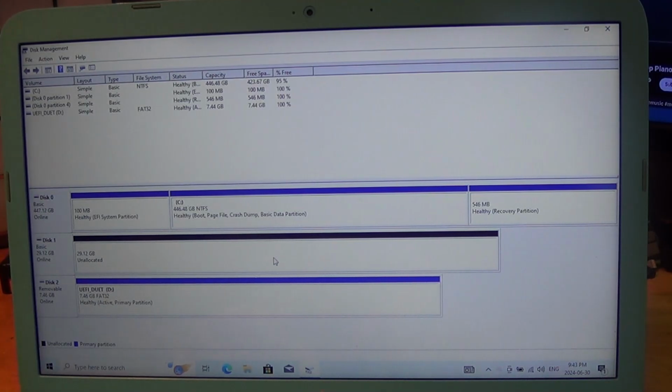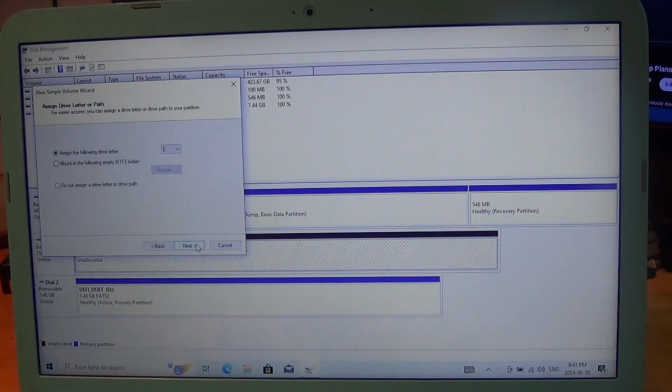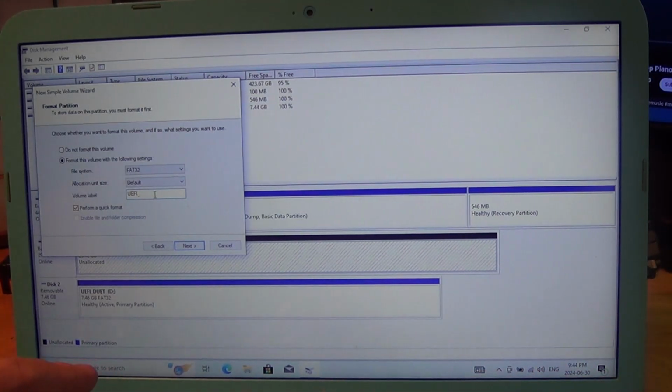So we have to right click, create a new simple volume, just as is, whatever drive letter it is, because it's going to change after we remove the thumb drive. We don't want it as NTFS, we want it all as FAT32. Okay, and we can even call the drive letter UEFI_Duet. So that's its volume label, so we'll know, because later on you're going to hide this,